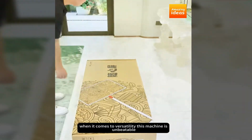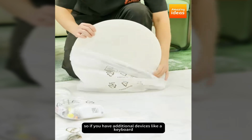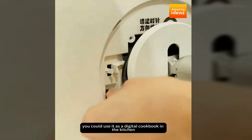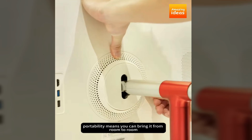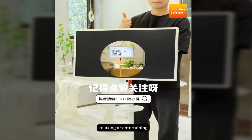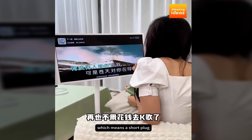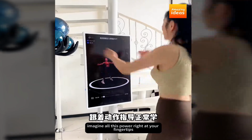When it comes to versatility, this machine is unbeatable. It has built-in HDMI and USB ports, so if you have additional devices like a keyboard, mouse, or even a camera, you can easily connect them. Think of the possibilities. You could use it as a digital cookbook in the kitchen, propping it up as you work through a new recipe. Its portability means you can bring it from room to room, whether you're working, relaxing, or entertaining. And because it charges so quickly, it's never out of commission. The bestie machine supports 90W fast charging, which means a short plug-in can have it ready for hours of uninterrupted use. Imagine all this power right at your fingertips,